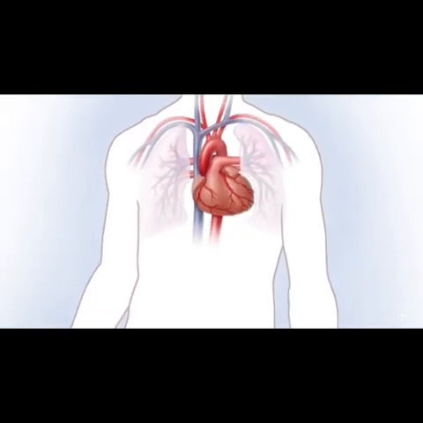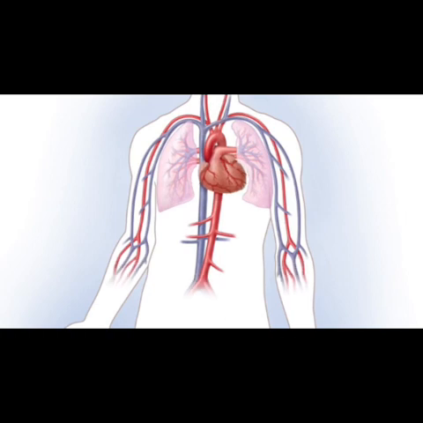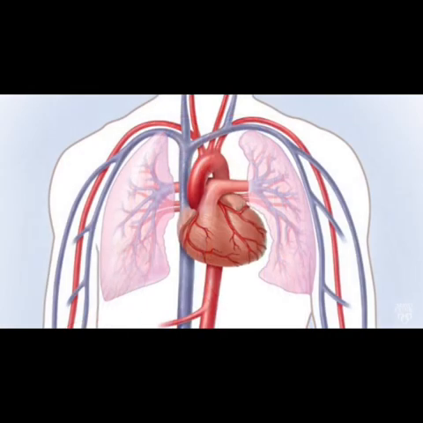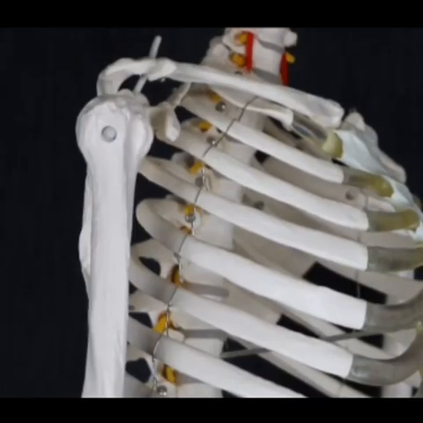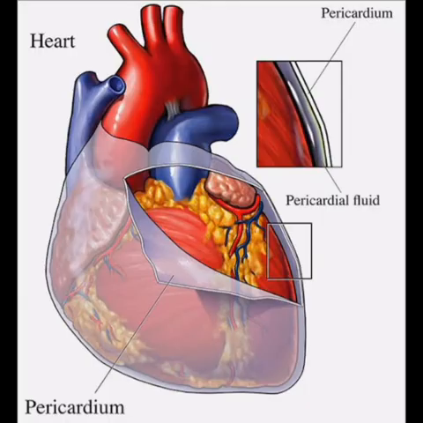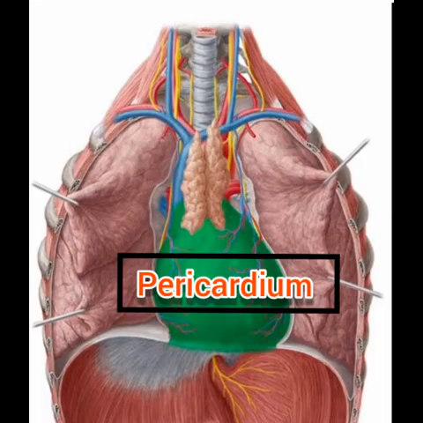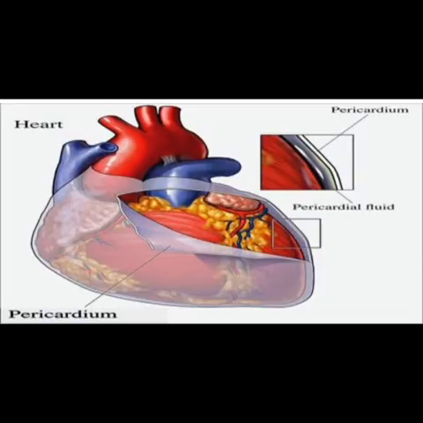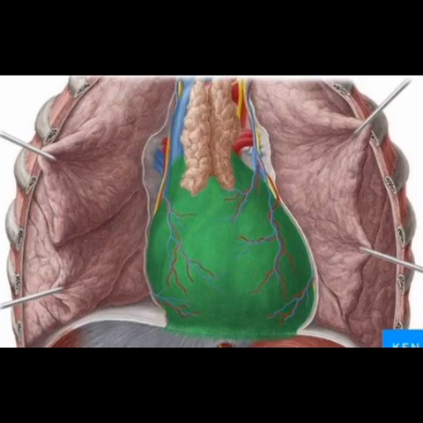Let us see where the heart is located in our body. It is situated in the chest between the two lungs. Thus, ribs give protection to lungs as well as heart. In addition to the protection by ribs, the heart is enveloped with two membranes called pericardium with a fluid in between. They reduce the friction of the heart when it beats.